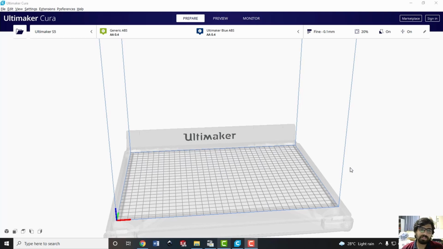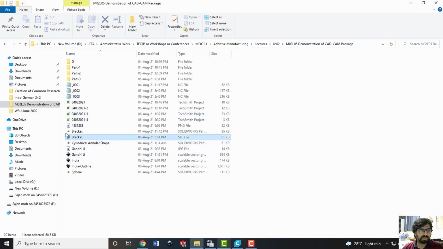The important part here is now we can process our CAD model that can be in the STL format. We have already learned about the STL format in our previous lectures, so we shall start with the file. So I have a file here called bracket, which I created first by using SolidWorks, and then I converted it into the STL file. It is in ASCII format.